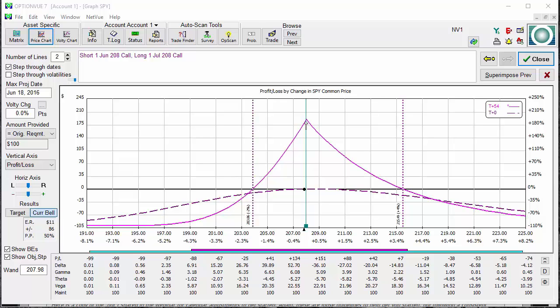I do not advocate, nor do I ever try and target the maximum profit, because you're never going to achieve it. I always select a type of percentage based upon margin. So if I'm risking $100, well, I'd like to target maybe 10 or 15% of that. Some traders may want to target 20%. You may want to target 30%. You may want to target 50%. That is up to you, but I would